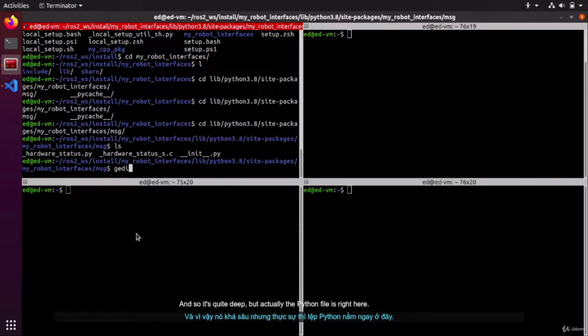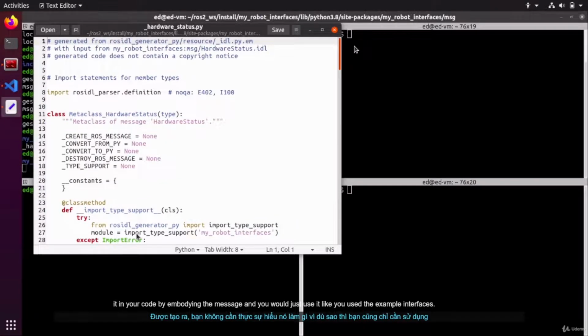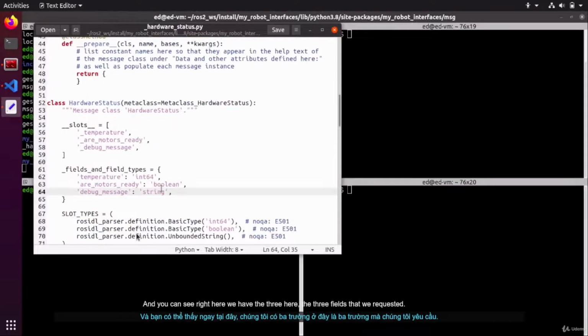Okay, as you can see, it's a complete file that was generated. You don't need to actually understand what it does, because you will just use it in your code by importing the message, and you will use it like you use the example interfaces. And you can see right here we have the 3 fields that we requested. So that is the Python file, and if we go back to